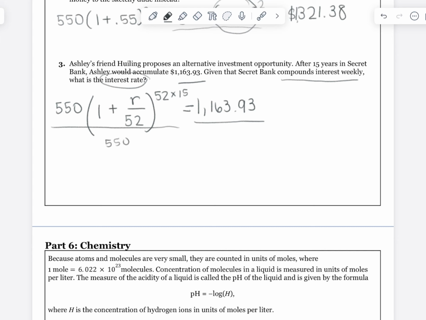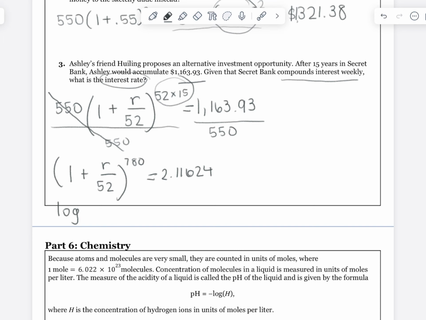Okay, step 1 is to divide both sides by 550. So we have 1 plus r over 52. And then I like to simplify the exponent in this step. So I'll do 52 times 15 in my calculator, and I'll get 780. And then 1,163.93 divided by 550 is 2.11624. Okay. From here, what I'm going to do is take a log on both sides, because